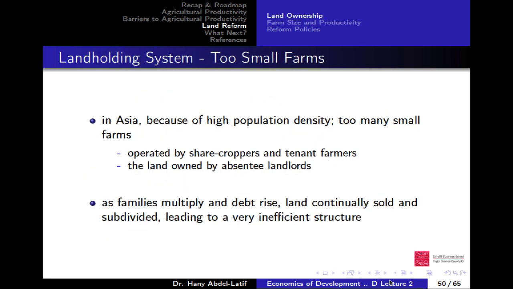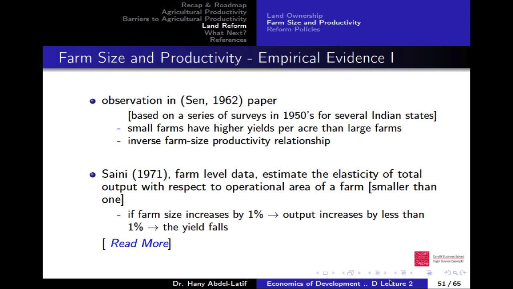So this is the debate I told you about: the relationship between farm size and productivity. Okay? And I'll tell you the story, but I leave it with you because I'm going to finish with this part. I'll tell you the story of the debate, and it's up to you how far you go reading about this debate. Okay? There are sources there. I know some people might not like additional sources, but again, it's up to you.